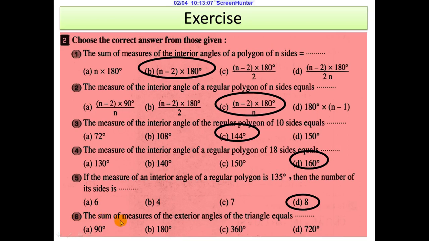Number 6, the sum of measure of the exterior angle of the triangle. It will be equal what? When he asked me about the sum of measure of exterior angle of any polygon, I told you before it will be stable. Letter C,